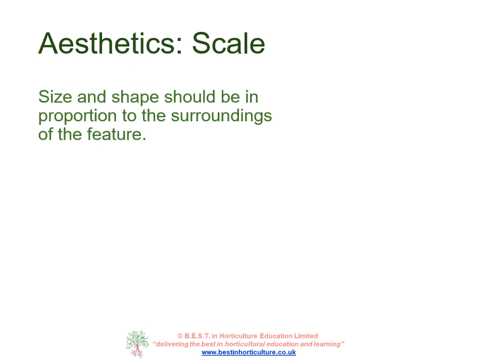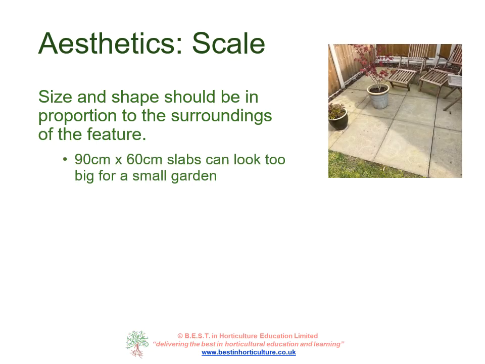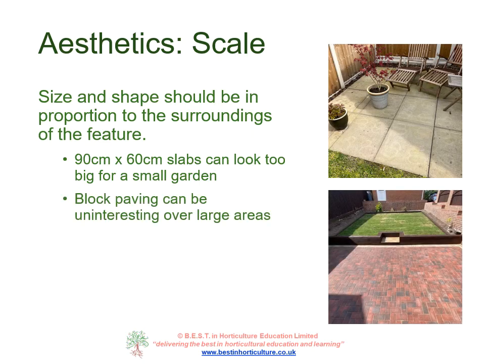So first of all, scale. This has to do with the size and shape of a material, and it should be in proportion to the surroundings of the feature. So for example, 90 cm by 60 cm slabs can look rather too big for a small garden patio. Block paving, on the other hand, can be uninteresting, especially over large areas. So consider the size of individual materials and how they'll fit into the size and shape of the feature you